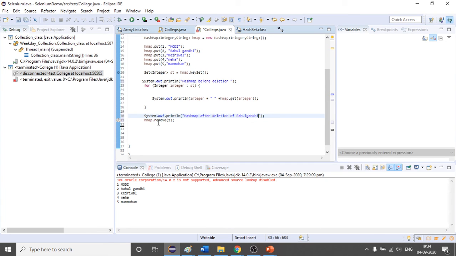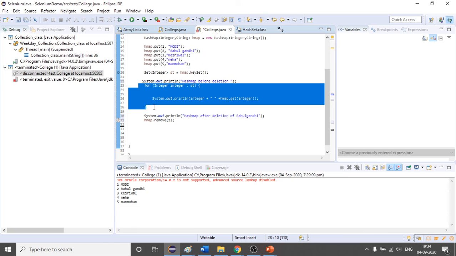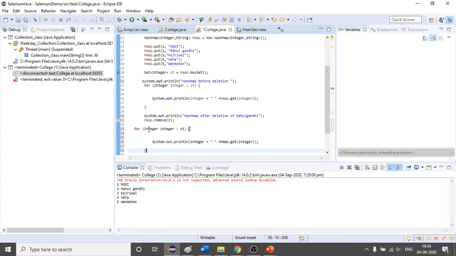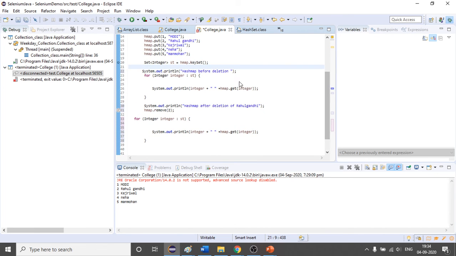Okay, so let me print the hash map here as well. So what will happen? I think it should work fine. Let's try whether it is working correctly or not.